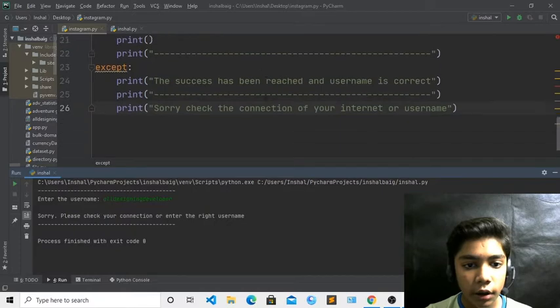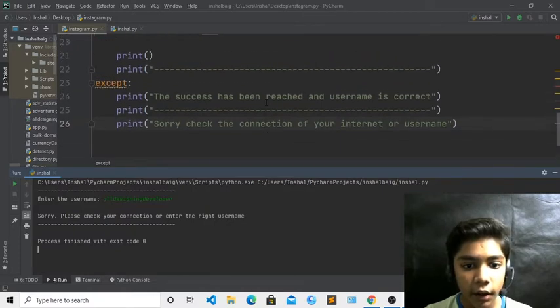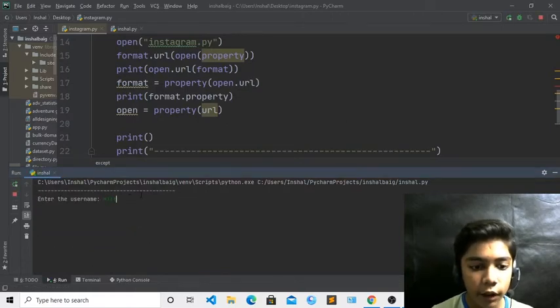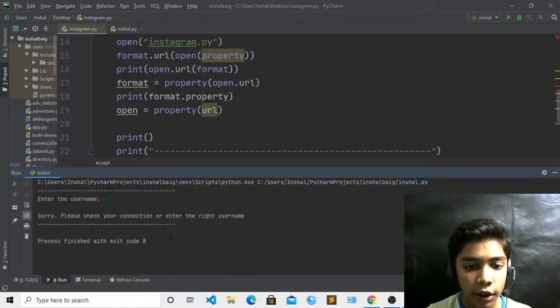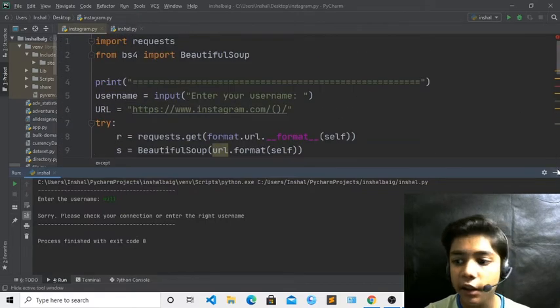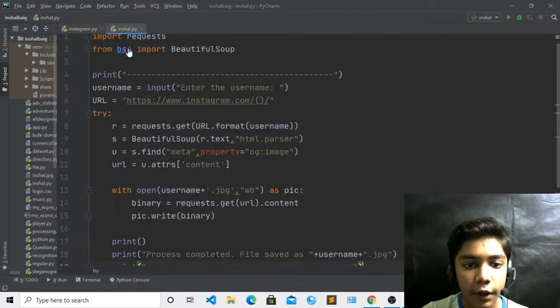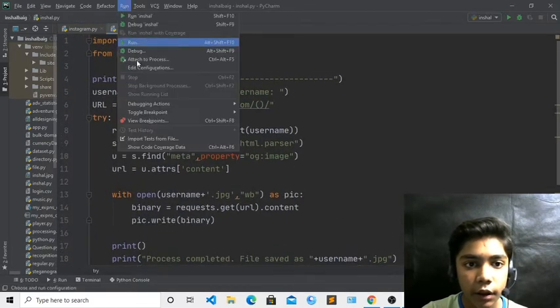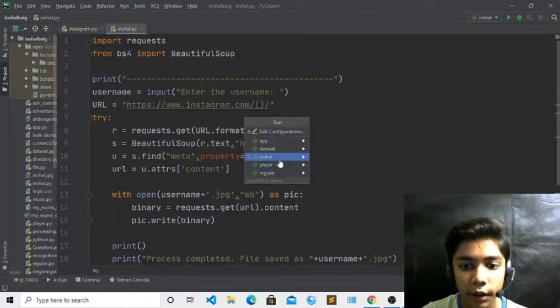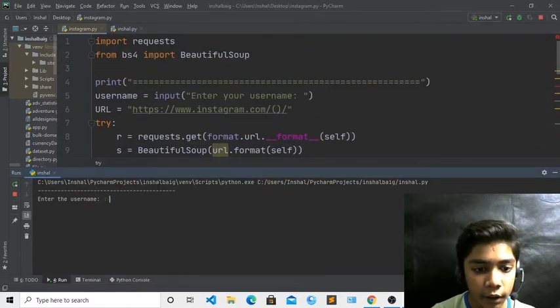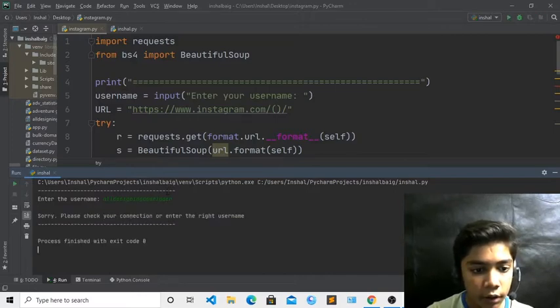So now we will write like that, and now if I define it, okay, enter. Now it is asking again to enter the right username. So we will check that one over here. If I run it from here, because I was running from there, and now my file is over here, and if I write my designing developer, press enter. Just wait over here.